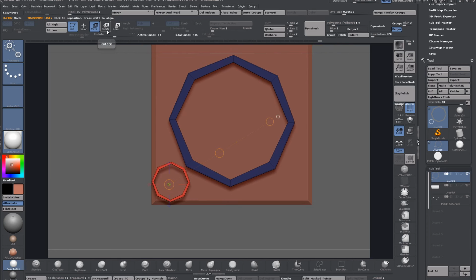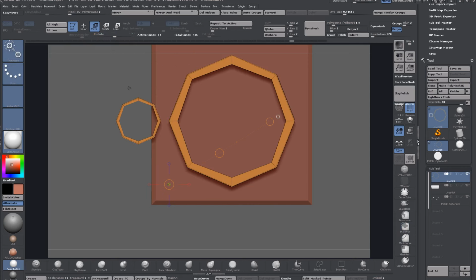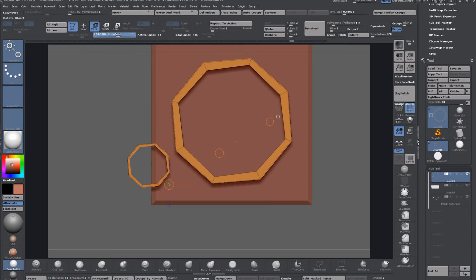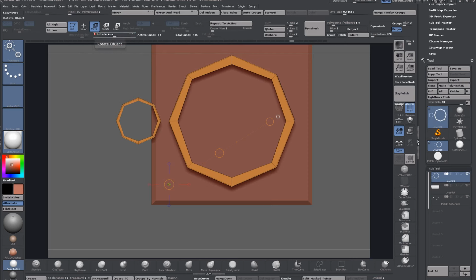So what I want to do now is rotate this again, and I should have typed in the rotation, so I'm going to go back and I'm going to type in the rotation. So I'm on Y, and you can see that if I rotate it 45 degrees on Y, I'll be able to rotate it back then. So